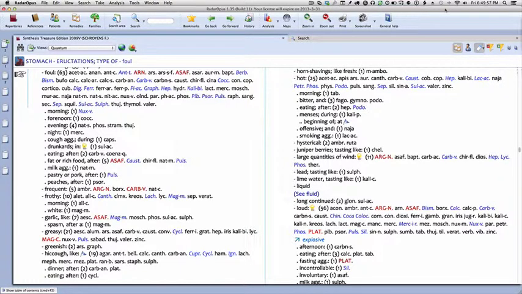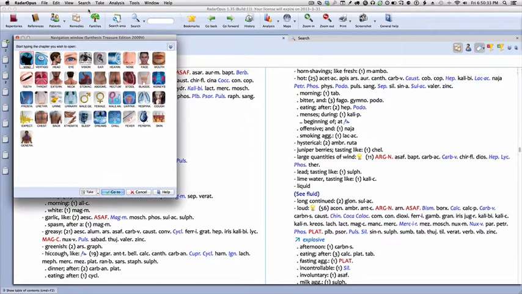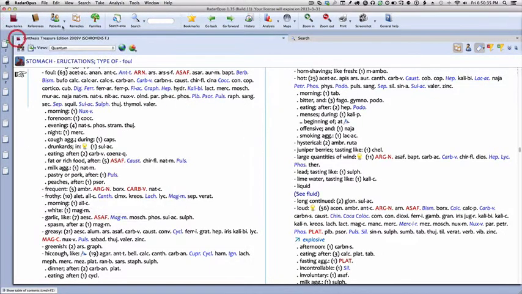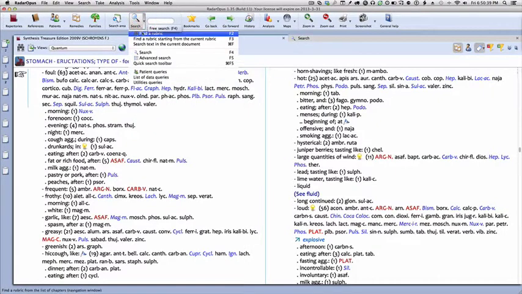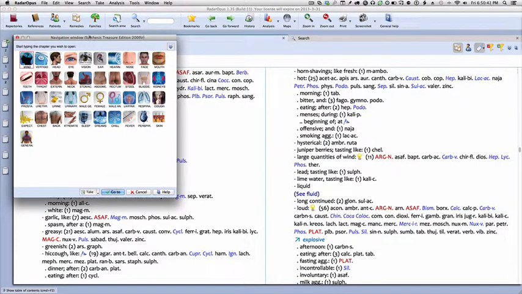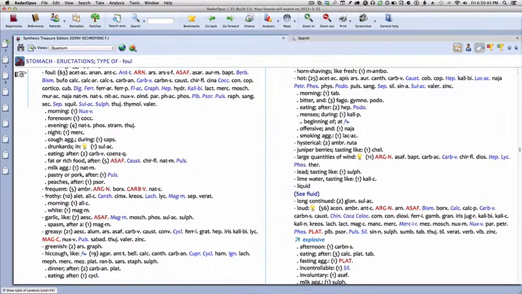Now, it's possible to browse the same navigation windows using the mouse or trackpad rather than alternating with the keyboard, even starting with the root navigation window. So to get the root navigation window, we can come up to the application menu, search, find a rubric to open this, or we can find it in the drop-down menu next to the search icon in the toolbar, find a rubric. Or much more easily, I can just hold down the function key on my keyboard and